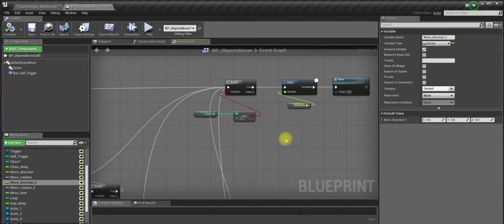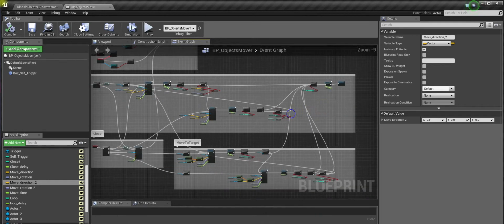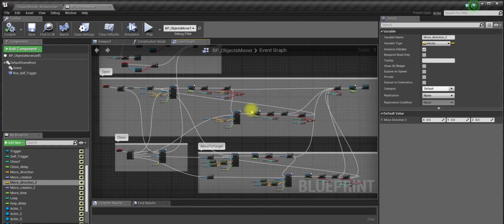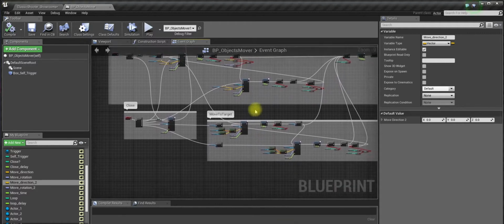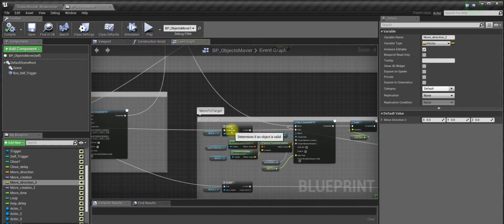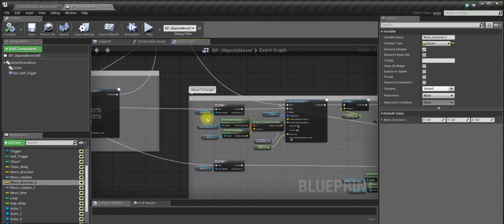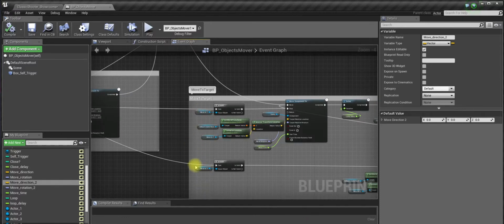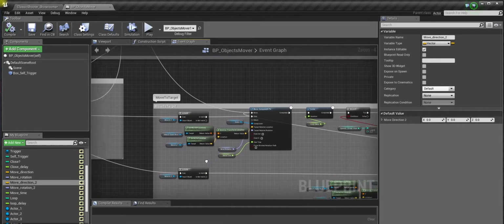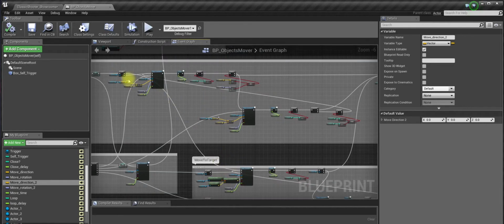Since we don't have a direct way to open it, we don't need the timeline here. And the switch got its logic on its own. So move to target. When we close, by the way, we also check if these are valid, otherwise we get an error in the output log. So once this is happening from here, right,